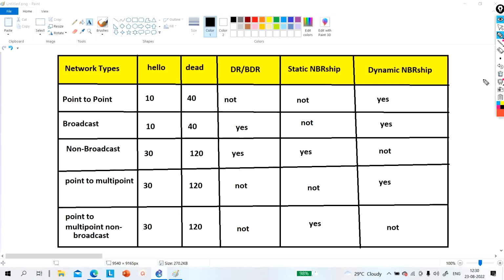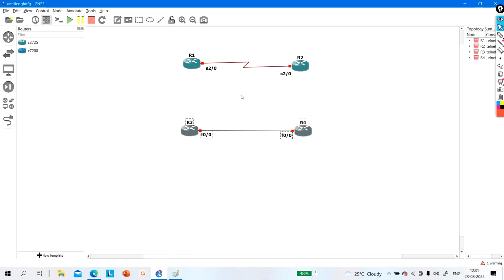So guys, see, we need to configure a point to point network when two devices are directly connected, right, the network type should be point to point, and DR BDR is not required here, right? Because both are directly connected. What is the use of DR and BDR? To reduce the number of adjacencies, to reduce flooding, right? So if two routers are directly connected, why would one router become DR? So even if you are using an Ethernet link or a serial link, if two routers are directly connected, your network type should be